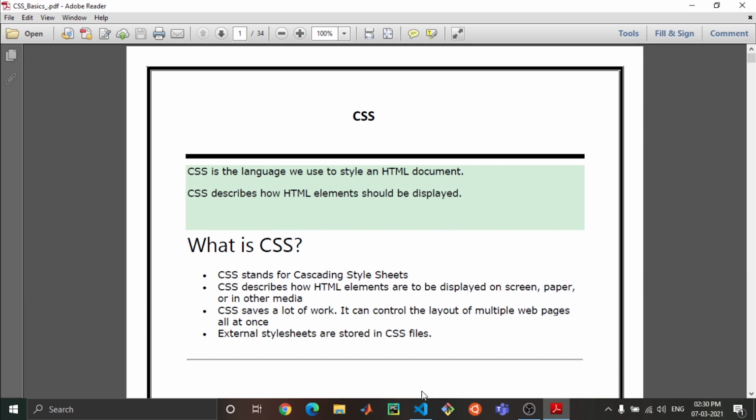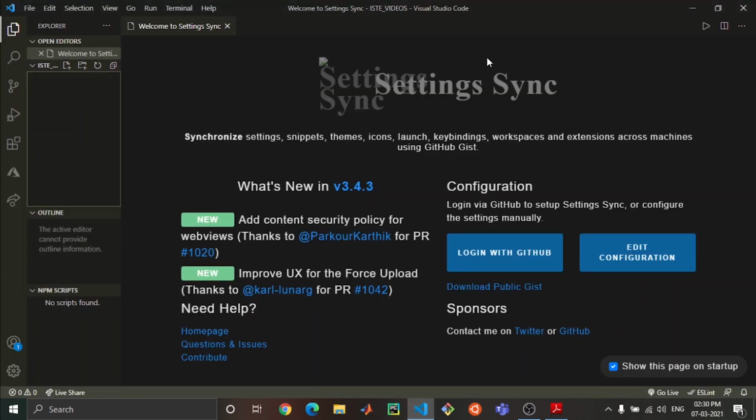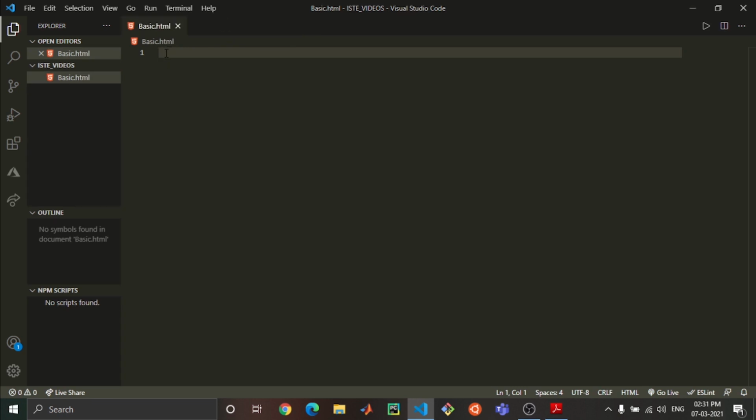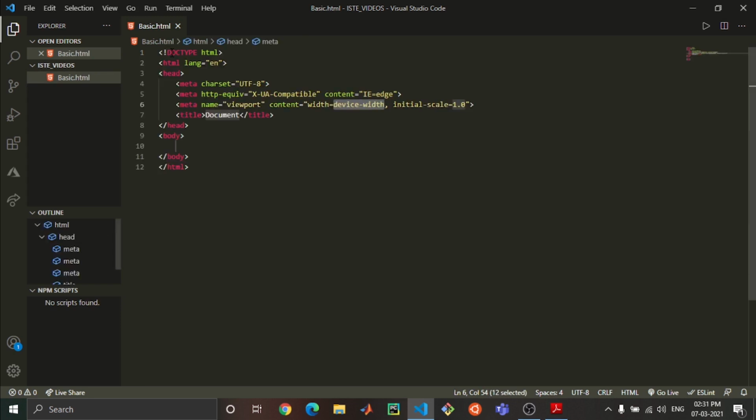I will just go to my VS Code. This is the VS Code. VS Code is just a code editor where we can edit our codes and where we can implement our codes. I just create one simple file and give it some random name. I just give it basic.html. Okay, basic.html I have given. Now what I have to do is just press shift 1 and this Emmet abbreviation will come. You have to hit enter. After that you will get this boilerplate. This whole thing is called boilerplate.